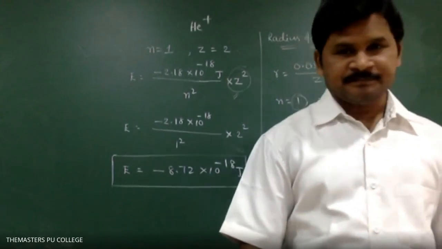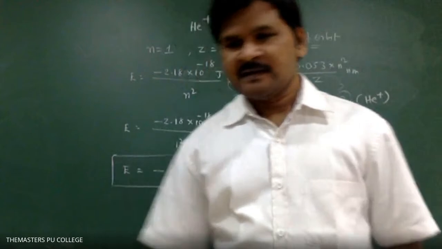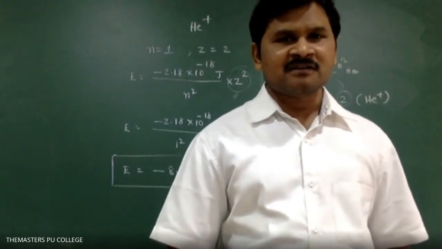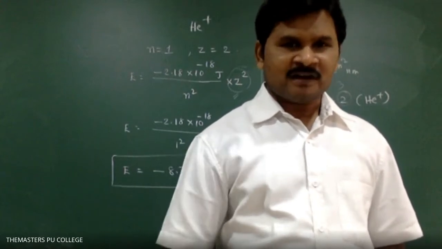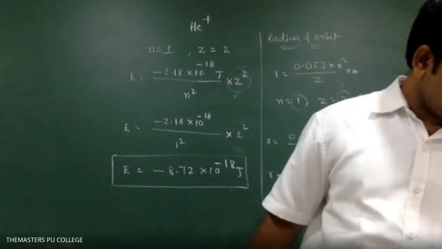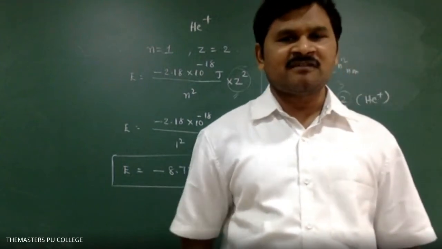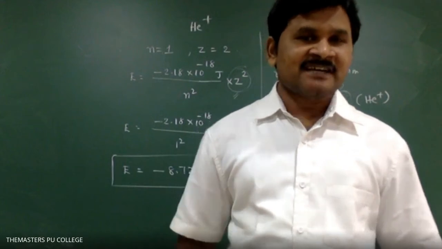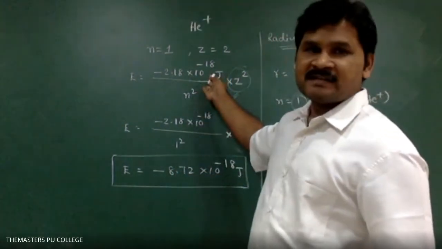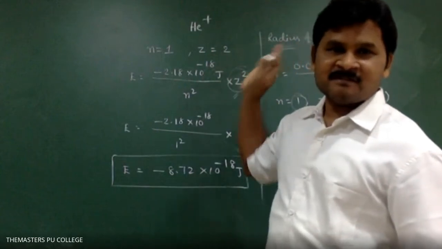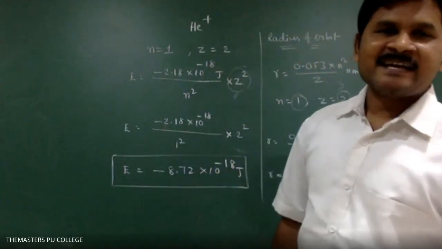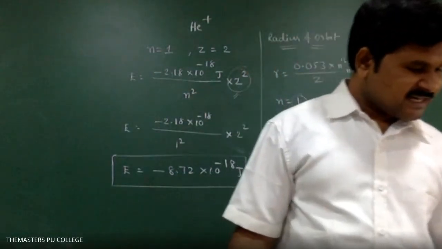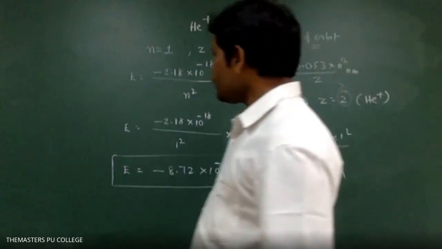Joule per atom. Same formula. So you can remember one formula: energy of nth orbit is equal to E1 by n square. Energy of nth orbit in hydrogen is equal to E1 by n square. What is the energy of hydrogen given in the question? Minus 2.18 into 10 power minus 18 joules. He is asking to calculate the energy in the fifth orbit, so we divide by 5 square. So you will get minus 8.72.